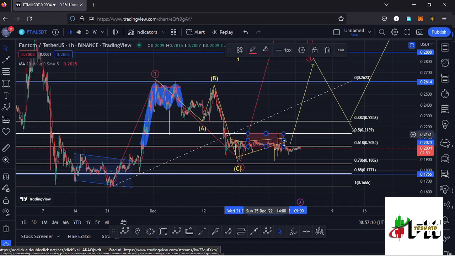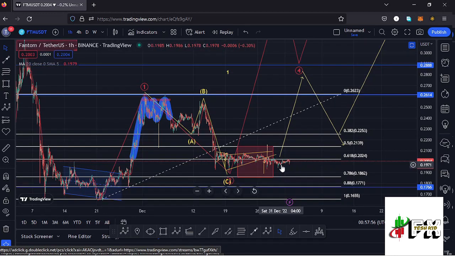And there are chances that, since we are in much of a consolidation after reaching into this target area, there are chances of seeing another breakout to the lower side back to the fib level 0.78. But I'm expecting Fantom to continue holding above the fib level 0.88, because the moment we lose the fib level 0.88, that will be putting a major challenge in the formation of this second wave. So in case we continue holding above the fib level 0.78, in case we see a breakout out of the consolidation that we are seeing, then there are chances that very soon we might start that impulsive movement to the upside in the formation of that higher Elliott wave count 3.